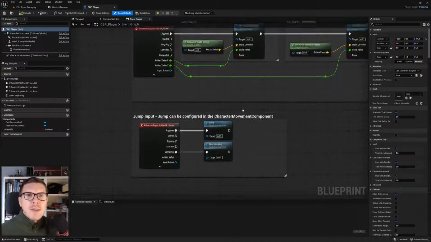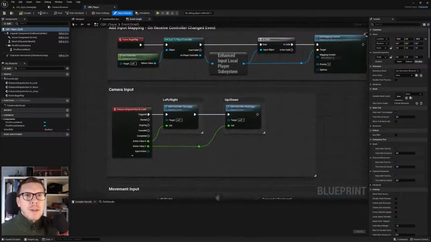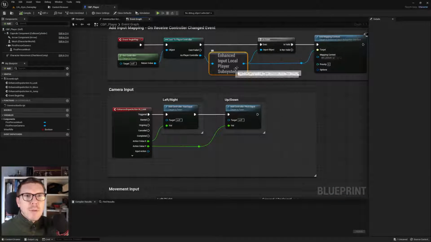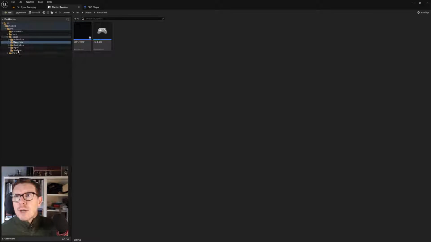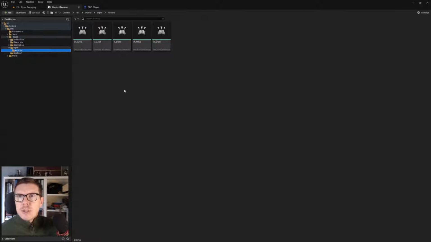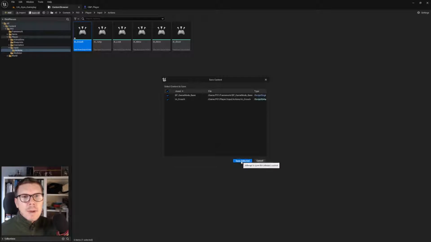So this is the enhanced input system, and we need to add crouch so we can expose it via the subsystem here. So going into the content browser and into the input actions, we need to do a crouch. It's very similar to jump. We press a button and we jump, we press a button and we crouch. So we can make a Control D and name it crouch. This will be located in